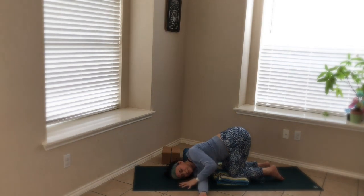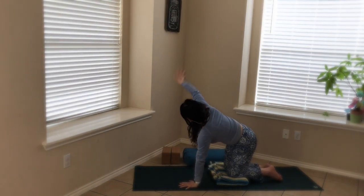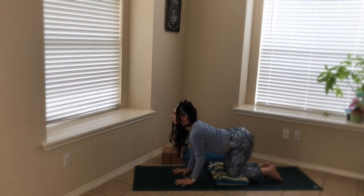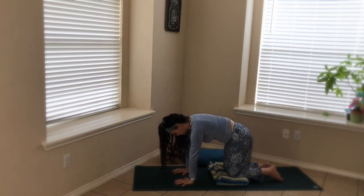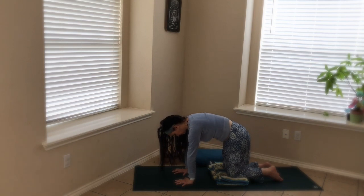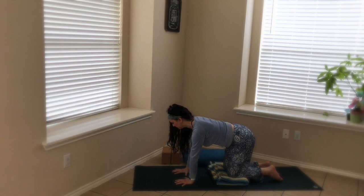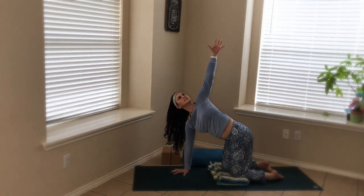Return the left hand back in front of the face, unwinding just as you entered. Right arm reaches high and touching back down into tabletop pose, moving through a couple rounds of cat and cow to neutralize the spine. Return to a neutral spine, planting down through the right hand, left arm